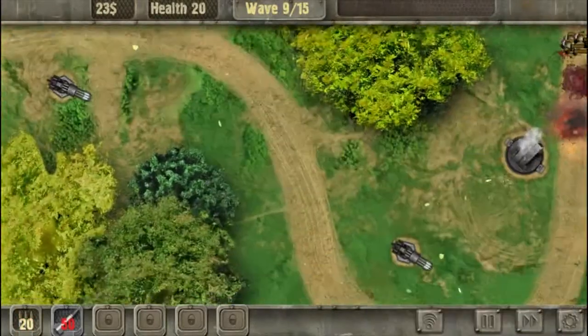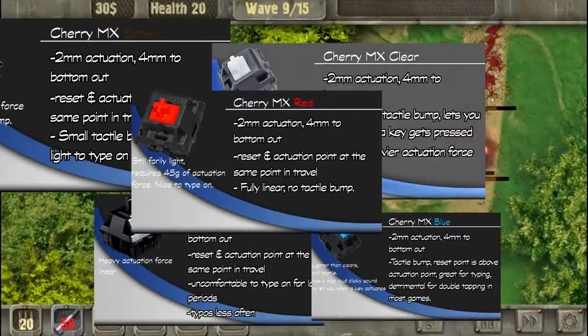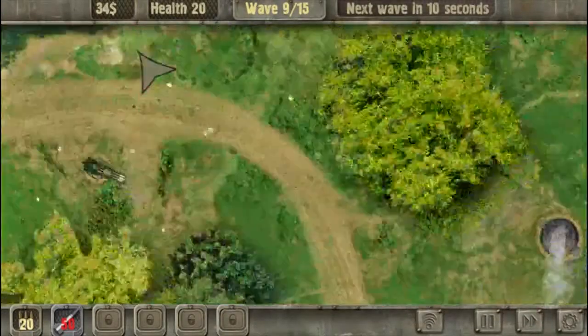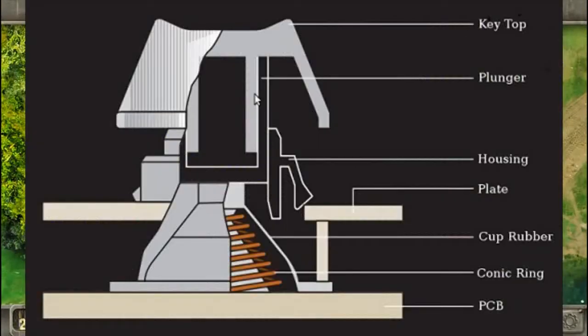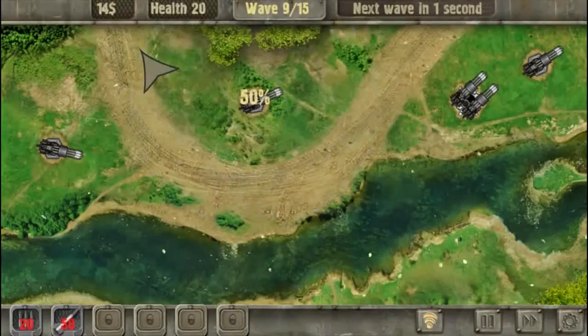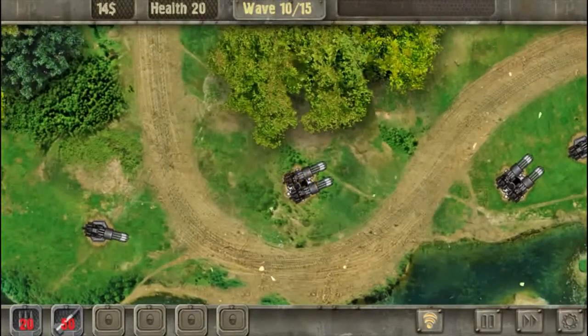These switches, especially Cherry MX ones, come in a variety of different options that use different plungers and springs and mechanisms to create a different feel that appeals to different types of users depending on what you're going to be using a keyboard for mostly. The switch is comprised of a few parts including a housing, spring, and plunger, at least in the Cherry MX ones. The spring and plunger are primarily what gives each type of switch a different feel. Each key gets its own switch and keycap, which we'll go over later on, and then on to the benefits